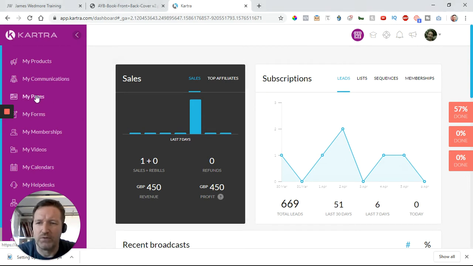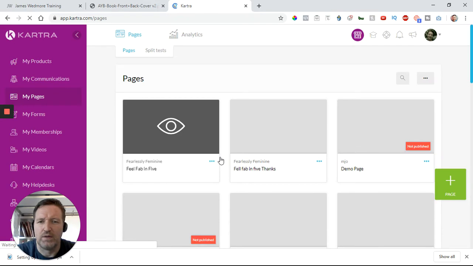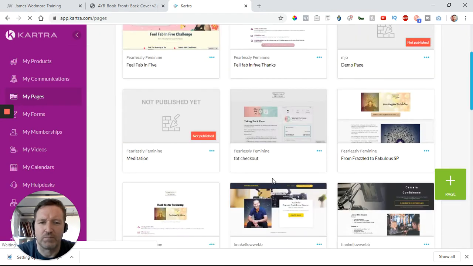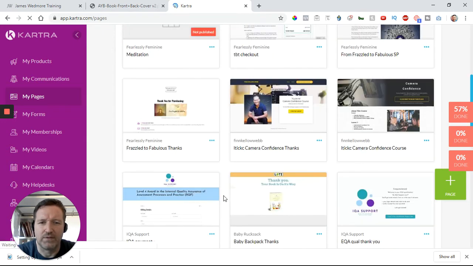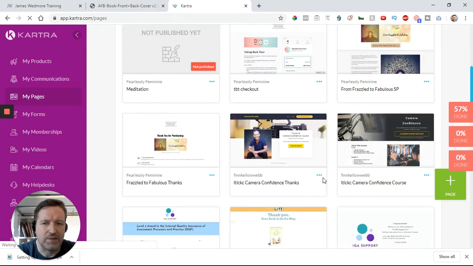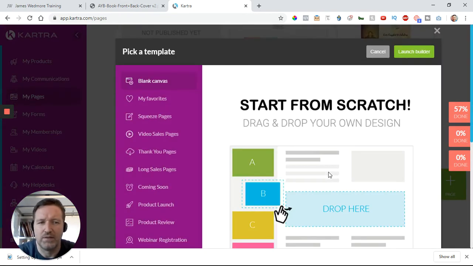I'm going to go over to My Pages. As soon as you get there, it shows you a list of all the other pages you've currently designed. A few in this account, as you can see, for different people. Now, if you want to start a new one, you simply go over to this button down here and add page. So if we click on that, it then takes you over to a little form,